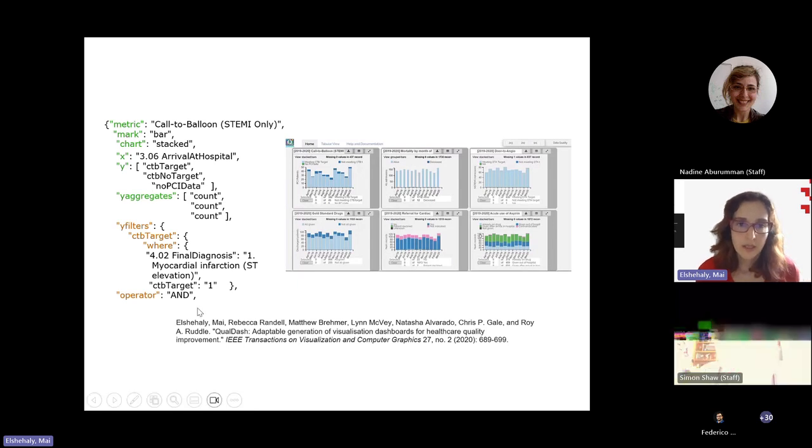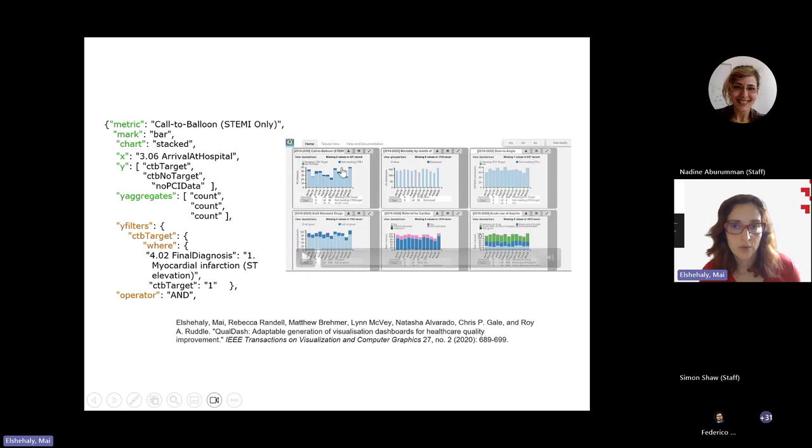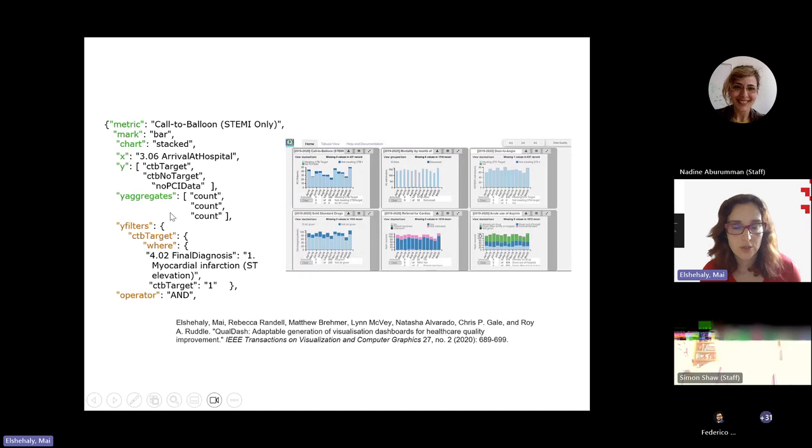So we created an engine that would read basically a JSON structure that's similar to the one on the left, that had some specification of the metric that was being visualized in each one of the cards, and then some specification of the subtasks, so the additional information that needed to be displayed as people were investigating that particular metric. And then our engine would take one file, which contains the metric specification structures for all cards, and it would generate however many cards based on these JSON structures.